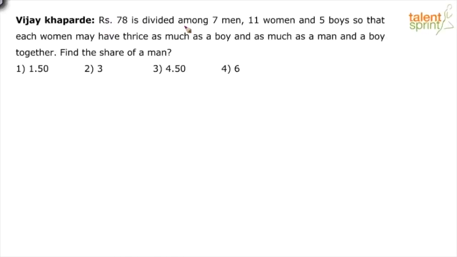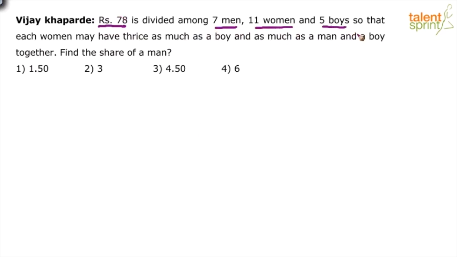Rupees 78 is divided among 7 men, 11 women and 5 boys, so that each woman may have thrice as much as a boy and as much as a man and a boy together. Find the share of a man. So basically there is a total amount of rupees 78 which is divided among 7 men, 11 women and 5